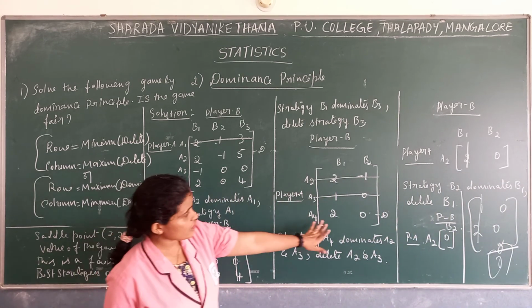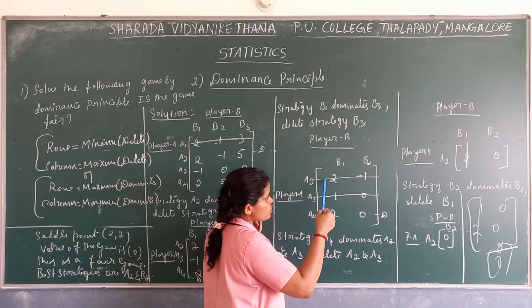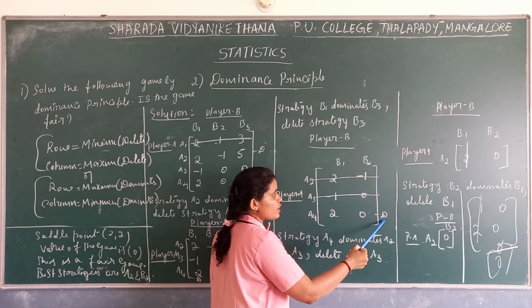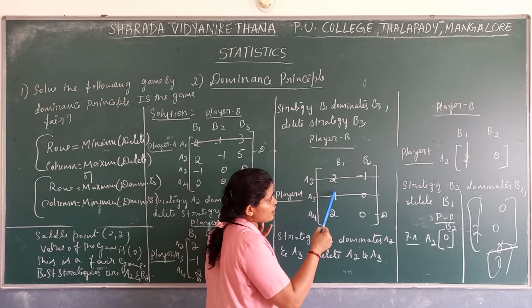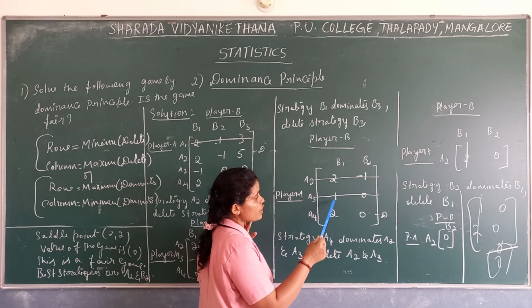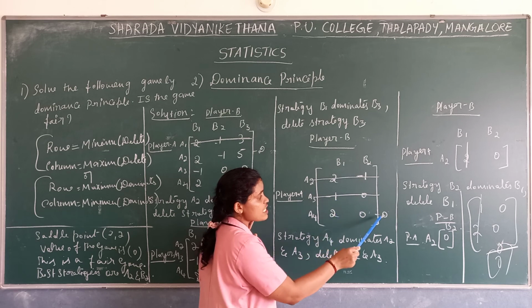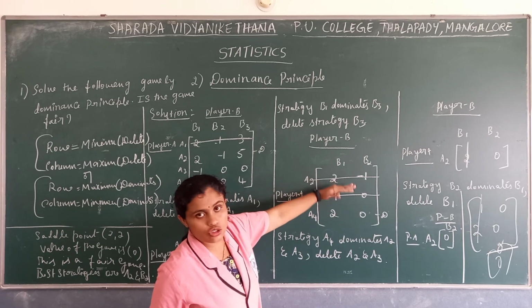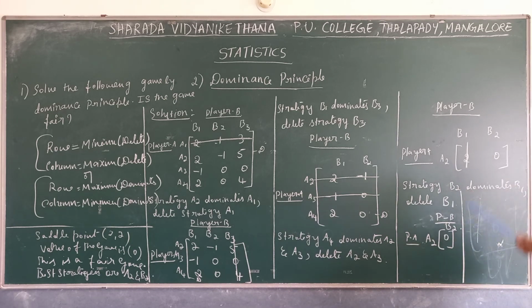So here, what happens is, when we compare these two, we get this as dominating since it is a larger row. So after getting one dominating, we are just checking whether this particular row dominates this. When we check it, this particular row dominates this also. Here it is -1, here it is 0. Here it is 0 and here it is -1. So this particular row dominates these two rows also, because it is greater than these two rows. Then we are going to the next step.